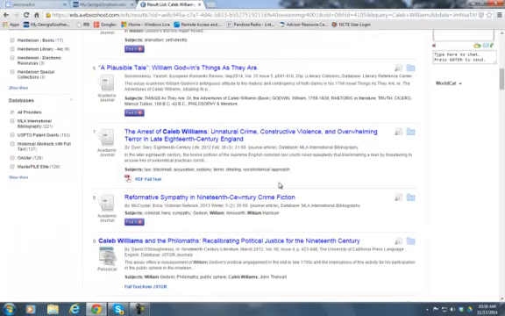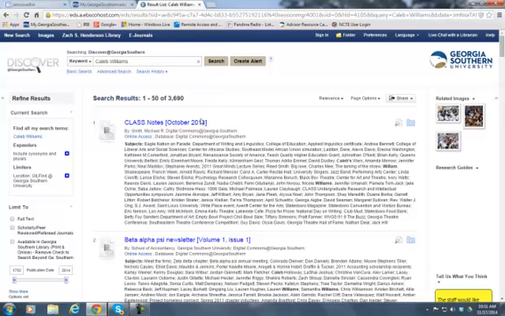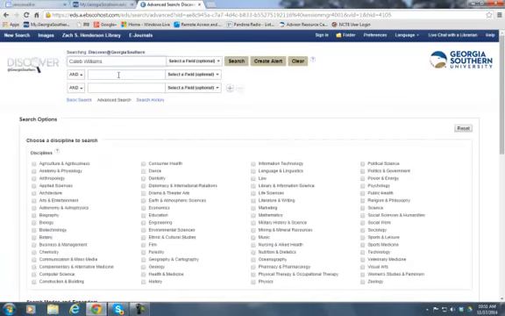And if I can't really find what I'm looking for there, if I want to go more in depth with that, I can go back up to an advanced search and go with maybe Caleb Williams and put in William Godwin, who's the author,